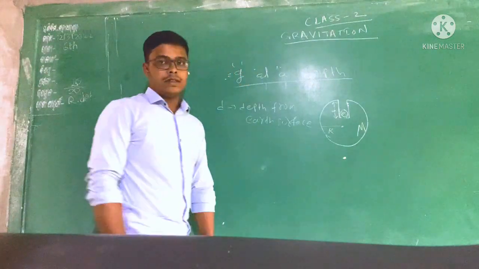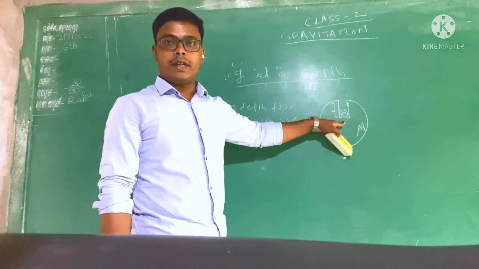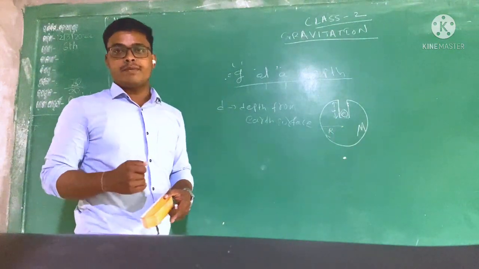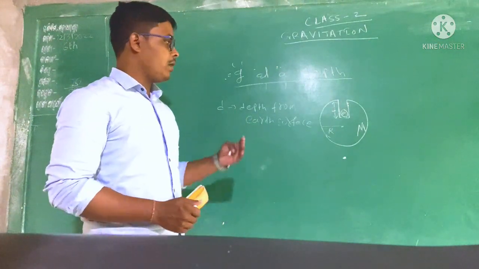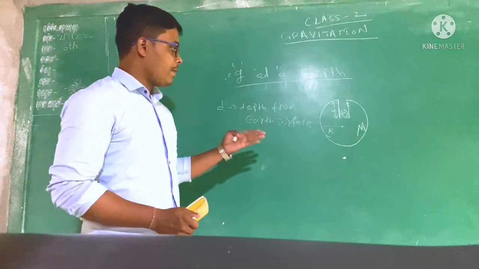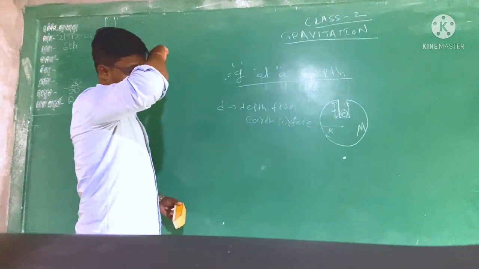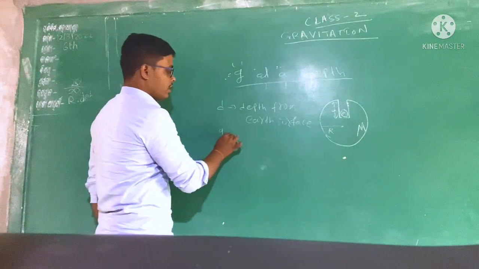Again I am repeating. Let us consider an object of mass small m is located or situated at a depth d from the earth surface. Let capital M be the mass of the earth and capital R be the radius of the earth. Okay, so what is g? So g is the acceleration due to gravity